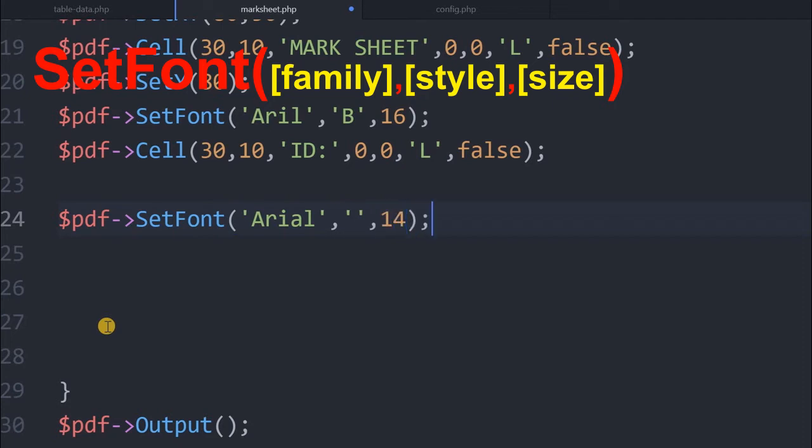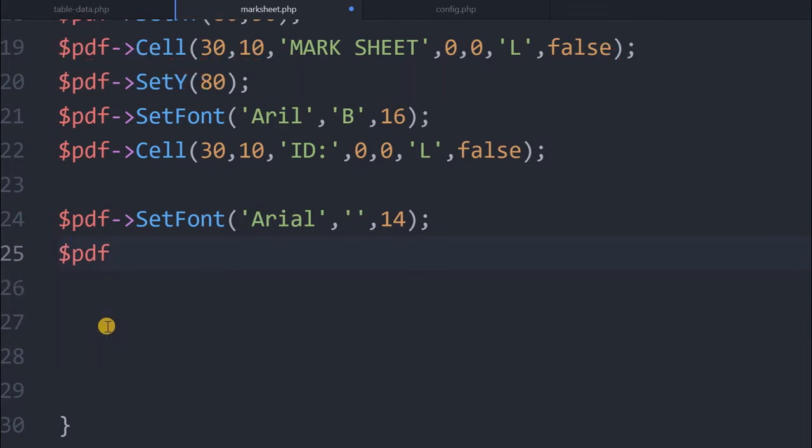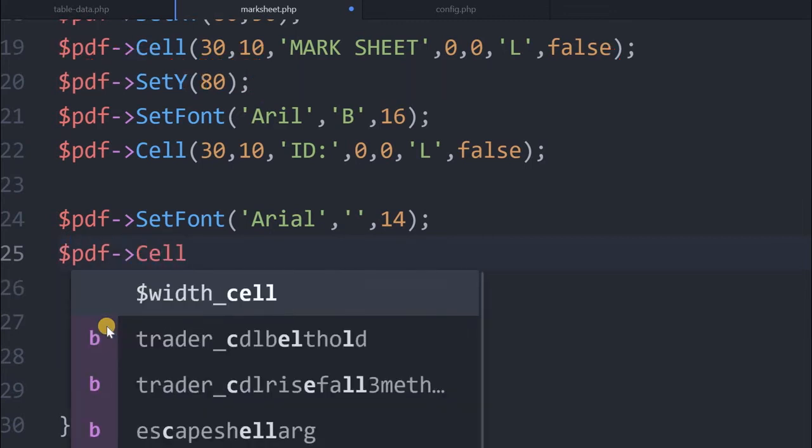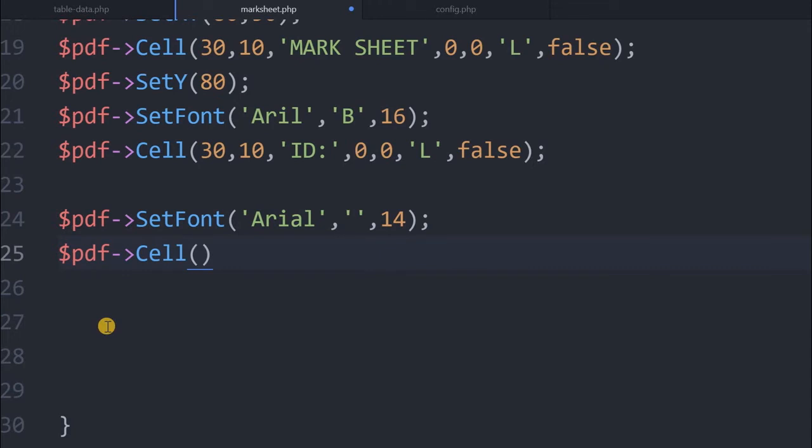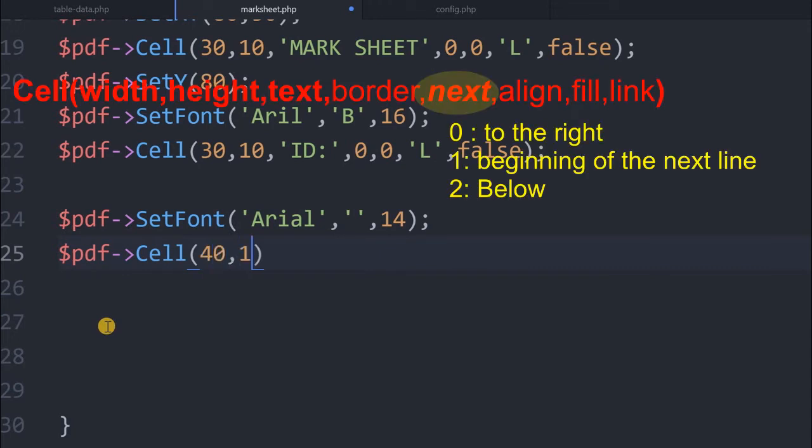Slightly reduced, earlier it was 16. So now we'll write the data. PDF cell, now we'll say 40, 10. Here this one is what we should focus on. You see we are writing a value here. So what we will do, we'll write it ID.